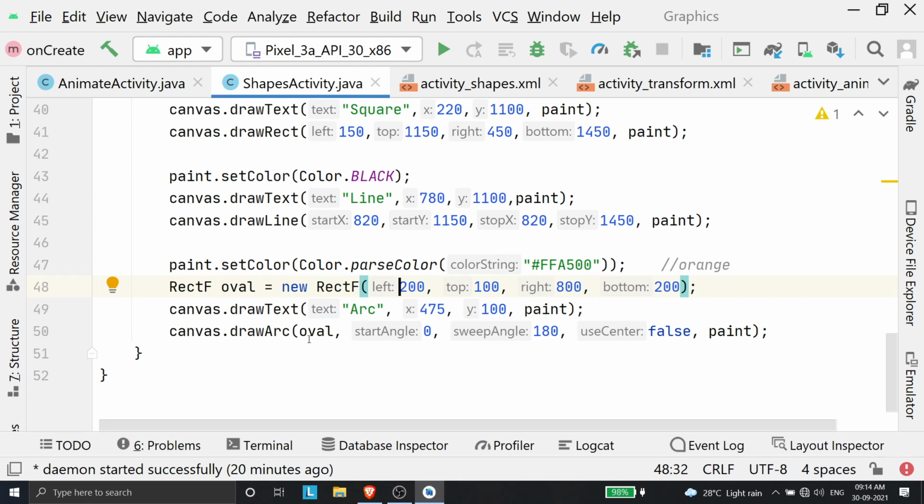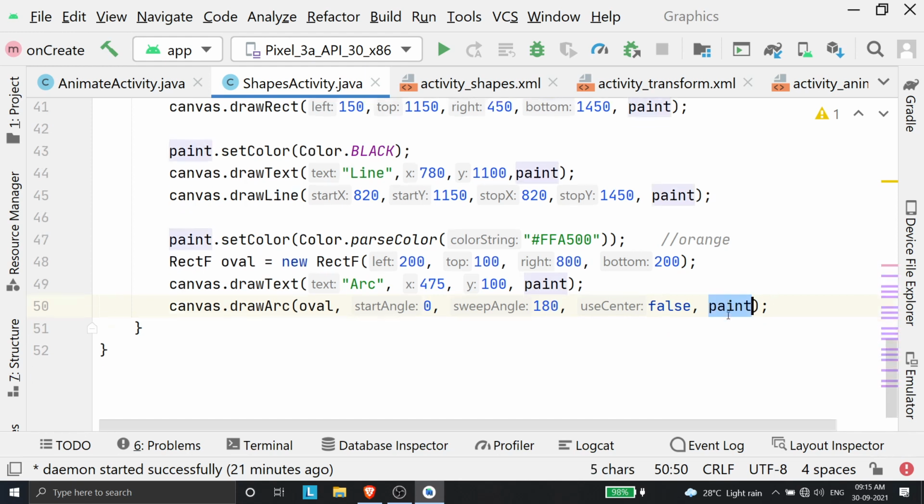So for that, I'll just have to use the drawArc function. The first argument is the oval, the RectF object that I've created, and then I have to specify the start angle, 0 degrees, and the sweep angle. Sweep angle means that it will sweep the specified number of degrees. I've given it as 180 degrees, so it will sweep an angle of 180 degrees. And useCenter as false. This is an argument that mentions if I need to use the oval's center as the center for this. I've set it to false because I do not want the centers to be the same. You can put it as true if you want. It doesn't make a big difference. It will just change the location of the arc, I guess. So that's basically it. And then I have to specify the paint object.